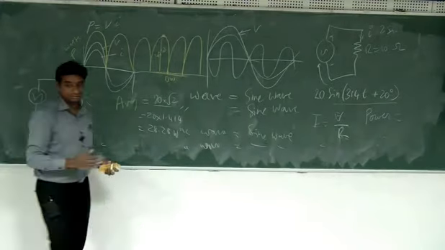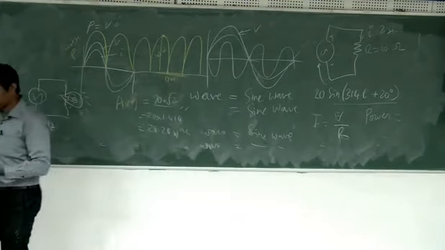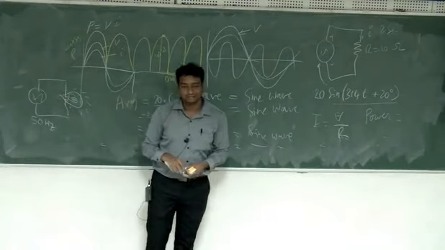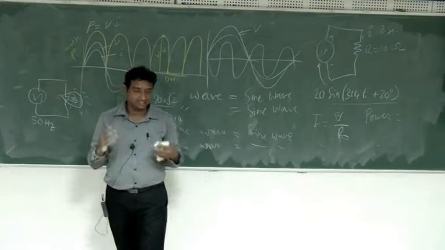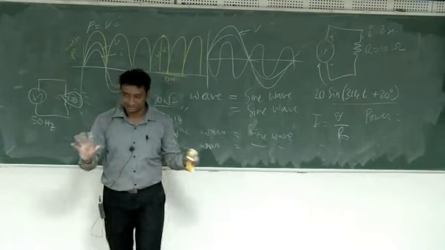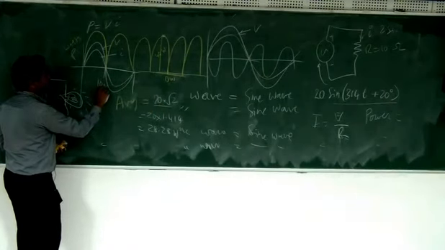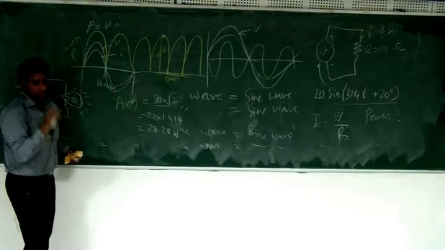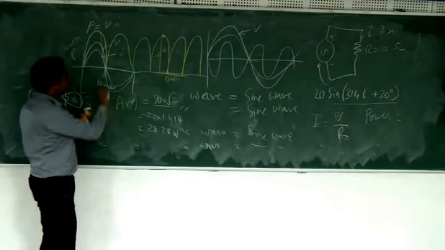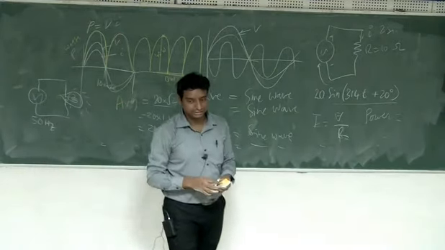That you always have to remember. In India, our supply frequency, not only here but in many other countries, is 50 hertz, so the time period is 20 milliseconds. If the frequency is 60 hertz, the time period is 16.67 milliseconds. That's a detail. And what is here? 10 milliseconds. In 10 milliseconds, I reach maximum and come to 0. Again 10 more milliseconds, reach maximum again, and so at 5 milliseconds, the value reached is maximum.